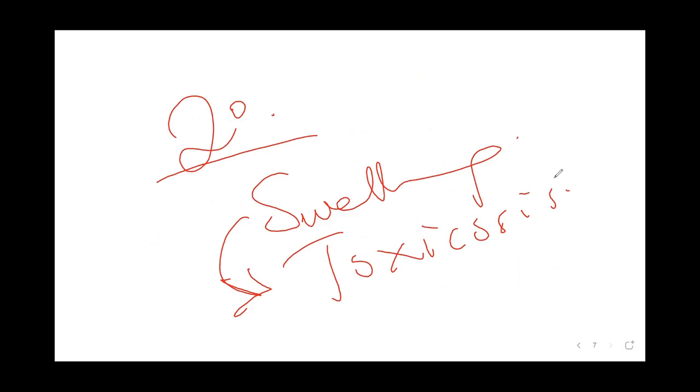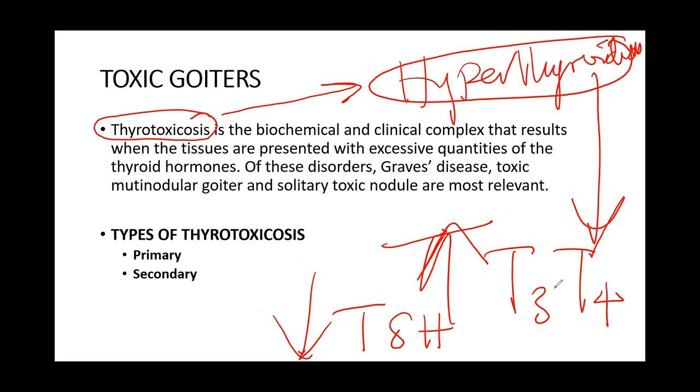And you should know that primary thyrotoxicosis affects younger individuals, and they are usually associated with eye signs, while secondary thyrotoxicosis affects older individuals, middle age, and they present with